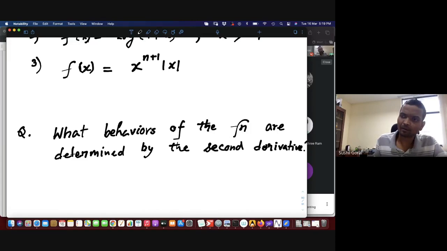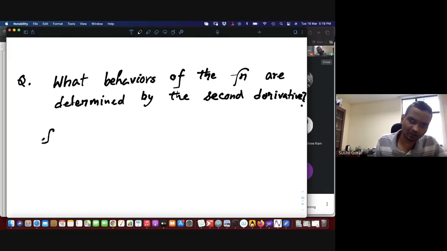Now f is a function. Suppose f is a function from, let's say, an open interval (a, b) to R,